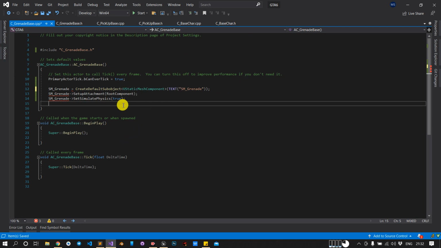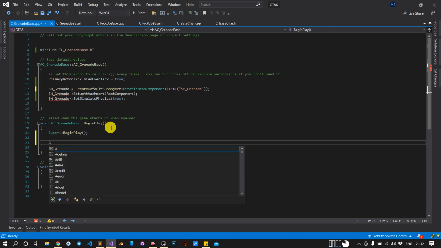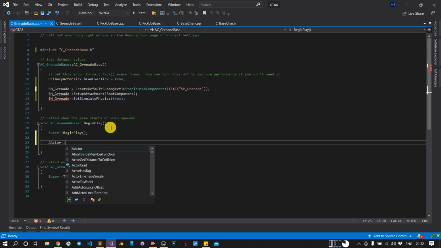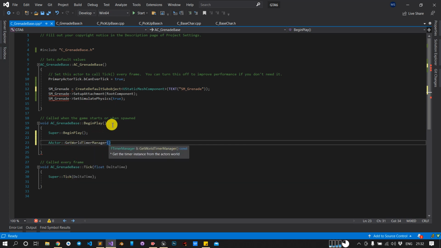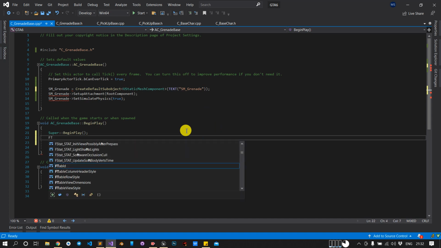So blast will not happen at that time. I want some delay. So what we will do, I will include a timer, and I will put this in the begin play. Okay. So under AActor we have a function called GetWorldTimerManager. Using this function we can call a function after certain time. So dot SetTimer. Here I need an FTimerHandle, we don't have yet, so we will create one. FTimerHandle